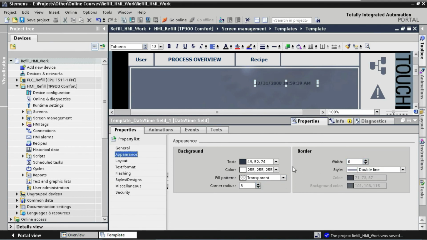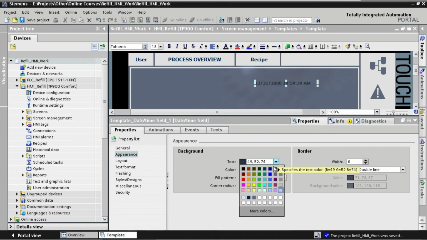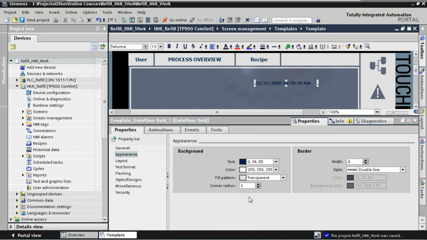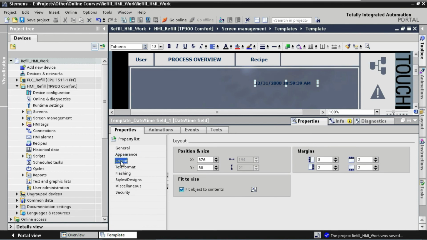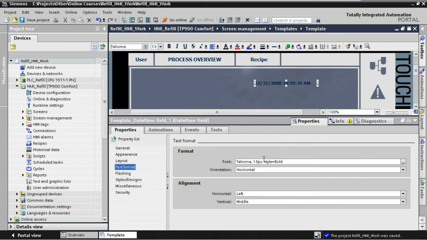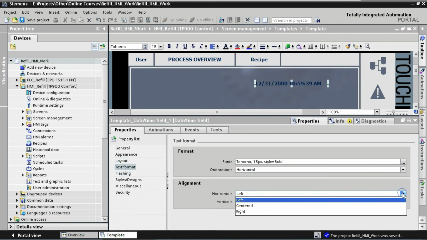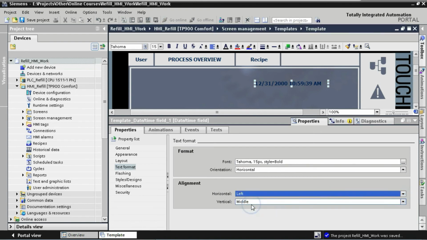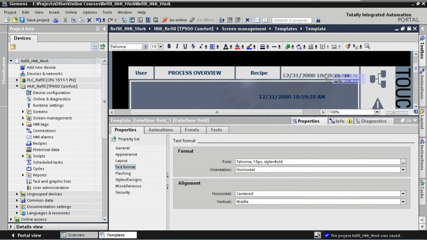For our text color, we assign our custom dark blue color. Under Layout, the Fit object to content is marked already, this is good, and under Text format, we change the text size to 15 pixels and the horizontal alignment to centered. Now we place the element nicely on top of our rectangle,